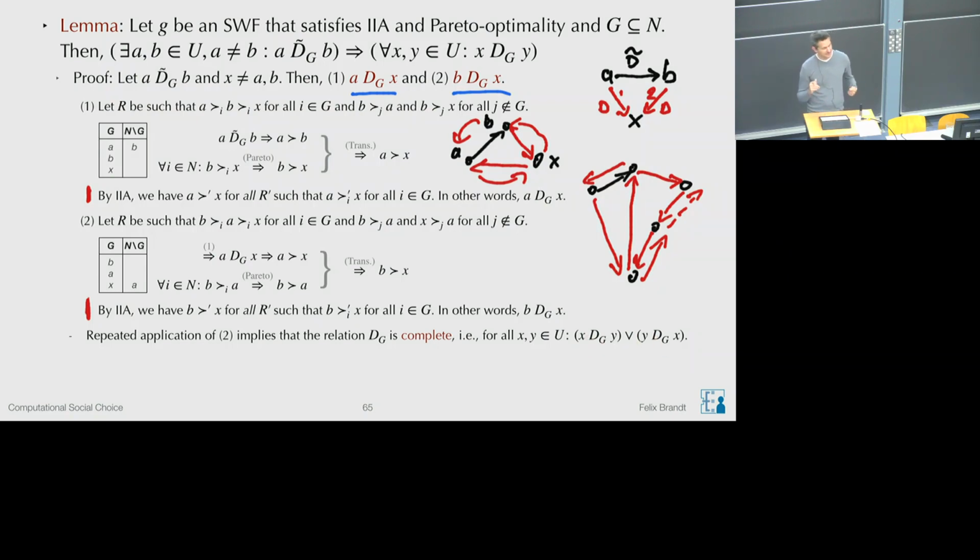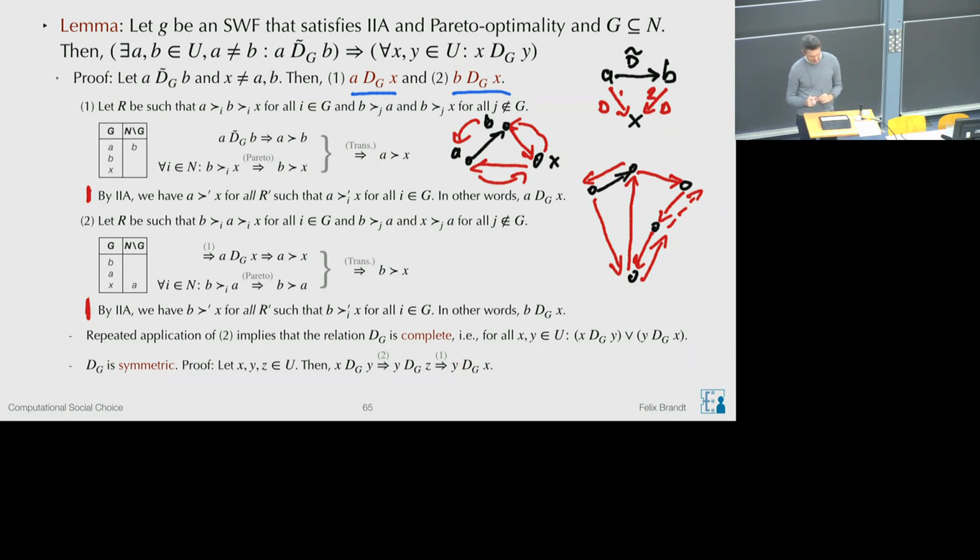That means between any pair of alternatives x and y, a decisiveness relation has to go in one direction or the other. And if we also use 1, we get that dg is symmetric. Okay, and the proof for this, and this only works for at least 3 alternatives, is exactly what we have here, which is just this figure here. So we need to use the second statement and then the first statement, and then we get that if G is decisive for X against Y, then as a consequence G is also decisive for Y against X, and